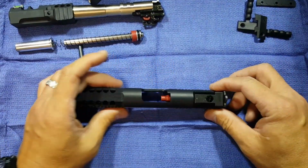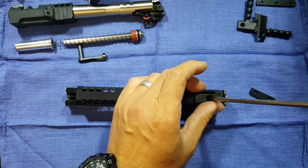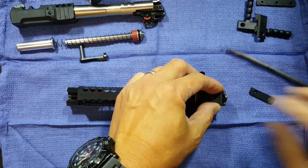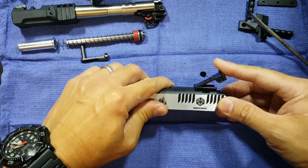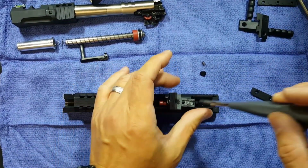So this is the slide. In order to remove the rear sight, you are going to need to unscrew here. Now keep in mind this is under a little bit of a spring tension. There's a spring underneath here, so I'm going to release it, and there's a spring right there. So just kind of dump that out, get rid of that, remove the screw,